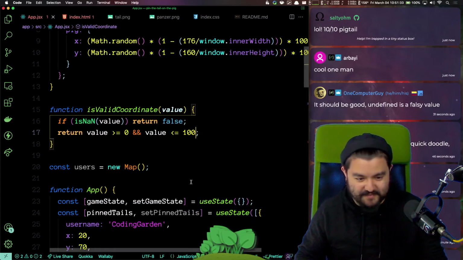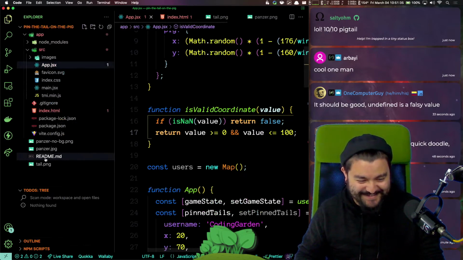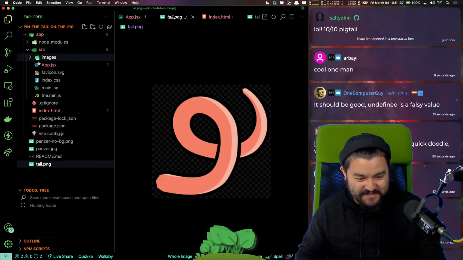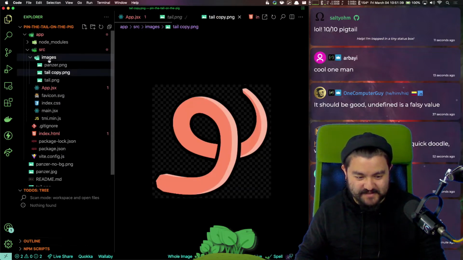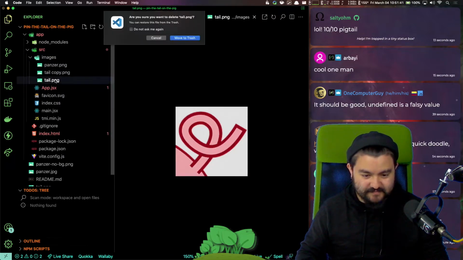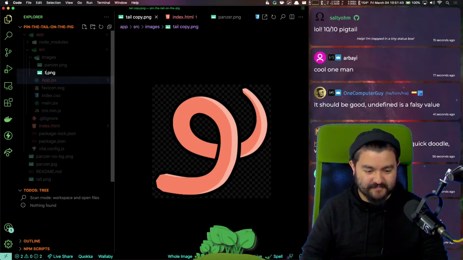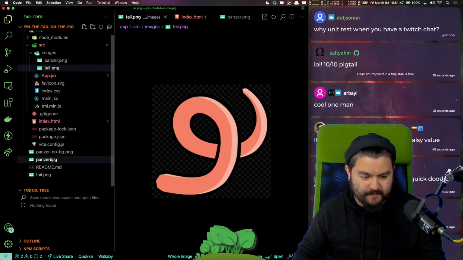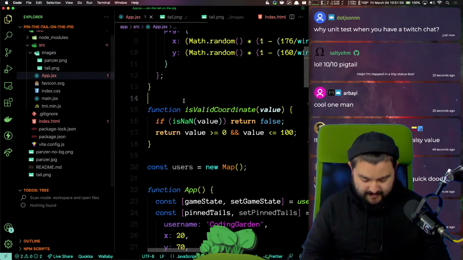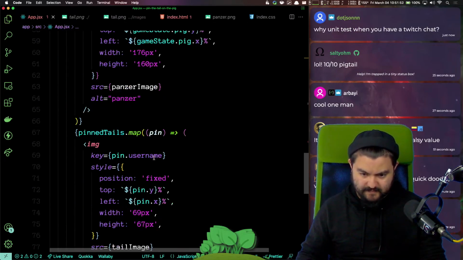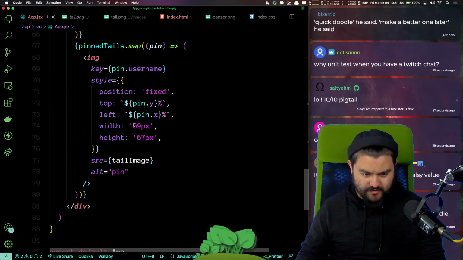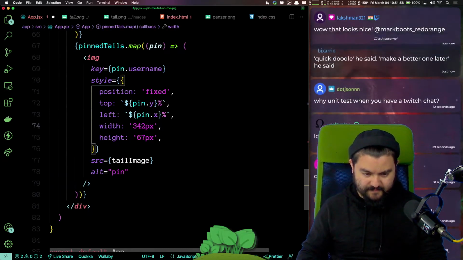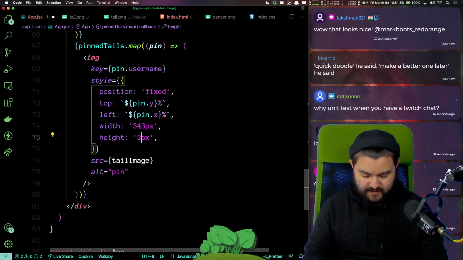That's a fantastic pigtail. All right, let's replace it, and we'll have to adjust the image size as well. So this is 343 by 329.